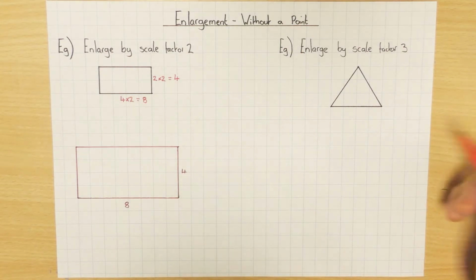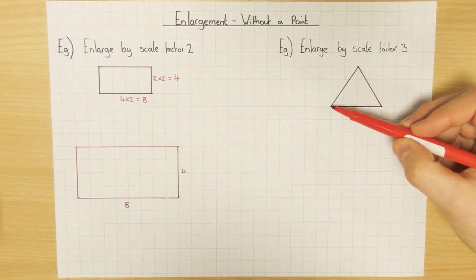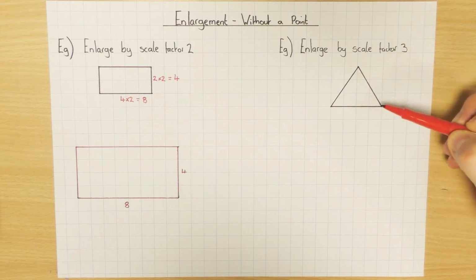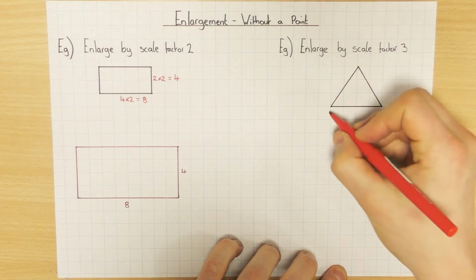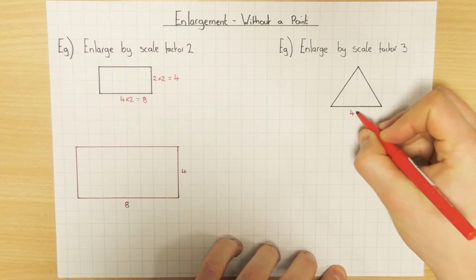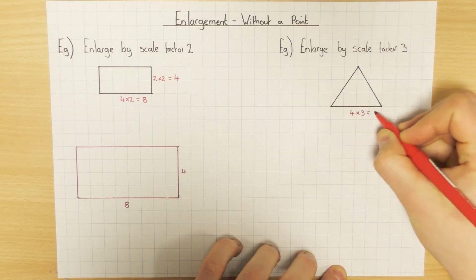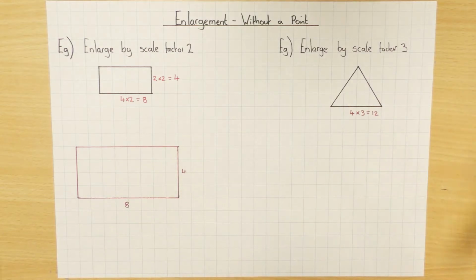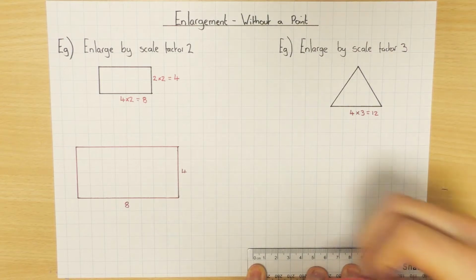This one here, we're going to enlarge by a scale factor of 3, so this is going to get 3 times as big. Now this one's a little bit different because we have diagonals, and when you have diagonals, don't do them, just leave them for now. Concentrate on the horizontal and the vertical lines. So my base here is 4. So the scale factor is 3, you need to get 3 times bigger. So 4 times 3 is 12. So that's what I'm going to do first, is draw my base, which is 12,